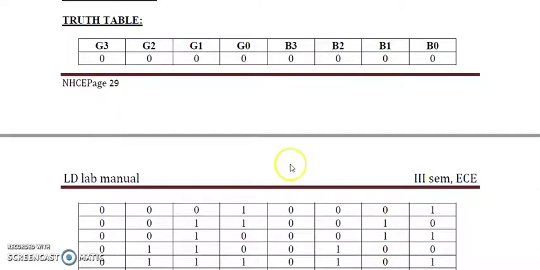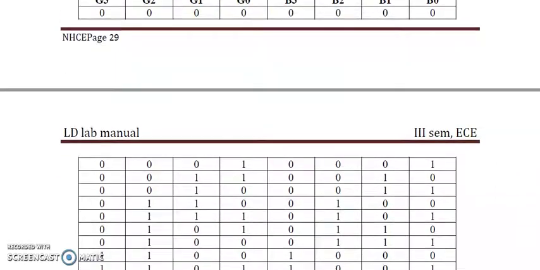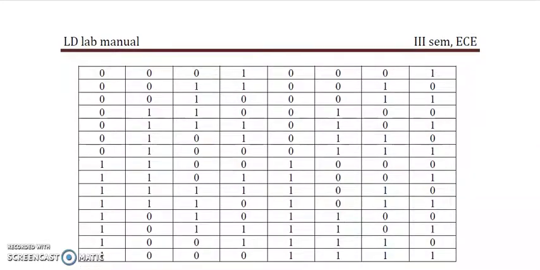For gray to binary conversion also, similar kind of operations take place. Now, G3 is B3 and B2 is obtained by XORing G3 and G2. Similarly, B1 is obtained by XORing the previous binary bit B2 and G1, and B0 by XORing B1 and G0. These are the XOR operations performed between the gray code bits.